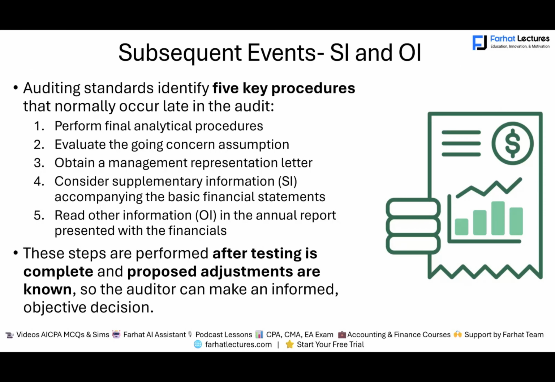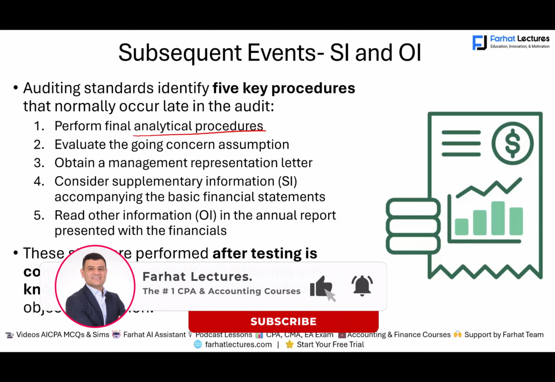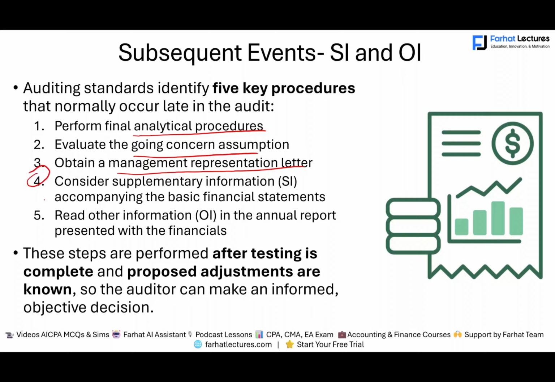So at this step, we have completed the analytical procedures, the going concern, and we obtained the management representation letter. We will focus on what we need to do about supplementary information as well as other information in the